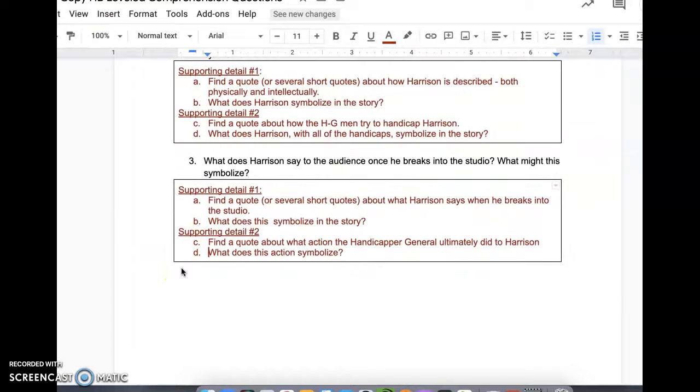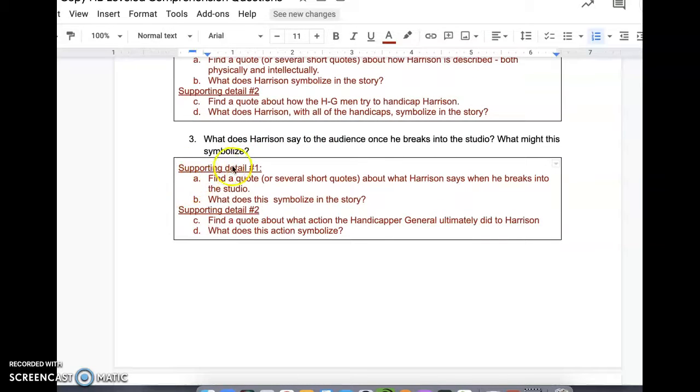Now, you maybe want to do question number 3 here. What does Harrison say to the audience once he breaks into the studio? What might this symbolize? And I expanded this a little bit to help you on the essay. So let's look at this one. Supporting detail 1, find a quote or several short quotes about what Harrison says when he breaks into the studio, and what does this symbolize in the story?